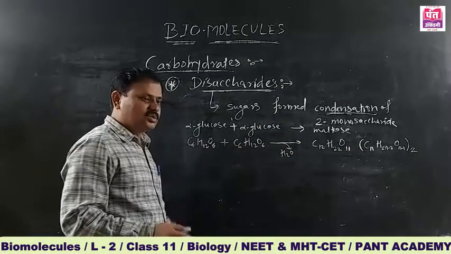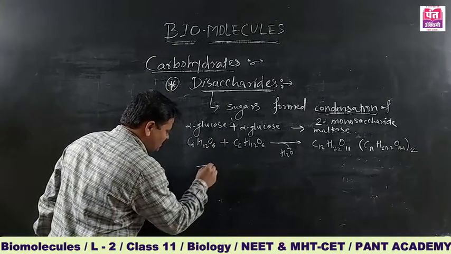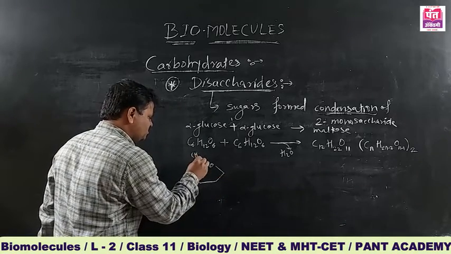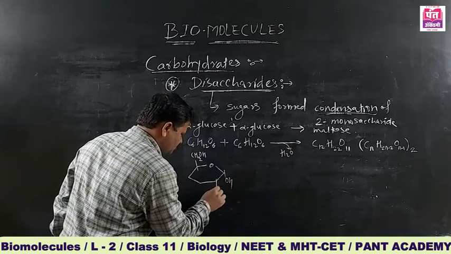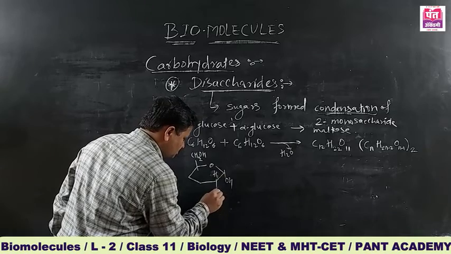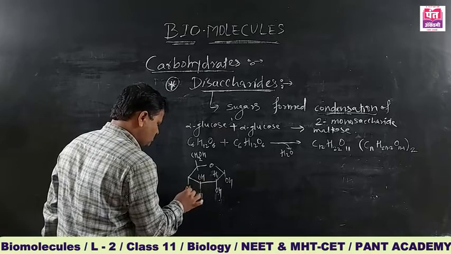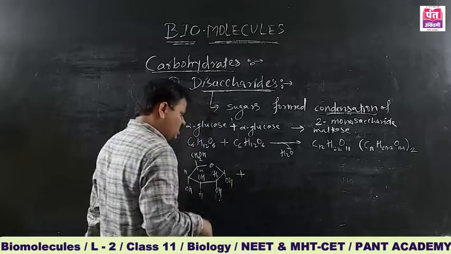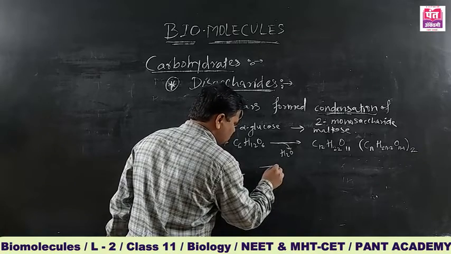So when we look into the structural formula of glucose only, we can say this glucose molecule is represented as CH2OH, OH, H, OH, OH, H, H. Okay, this combines with another same monosugar, that is glucose,